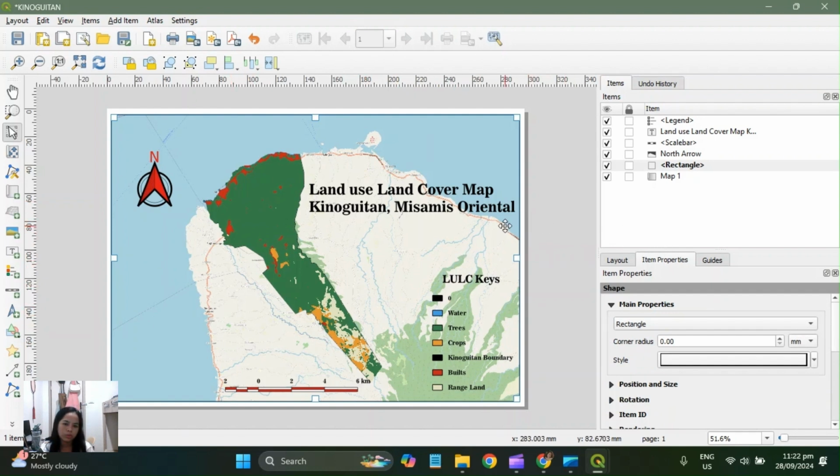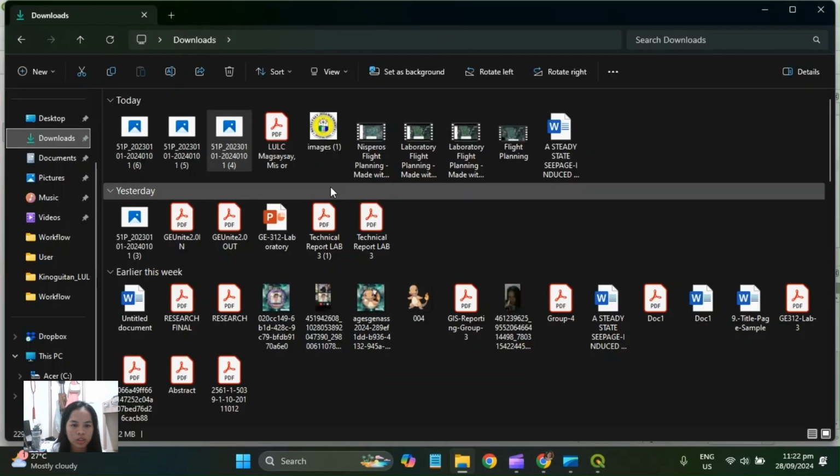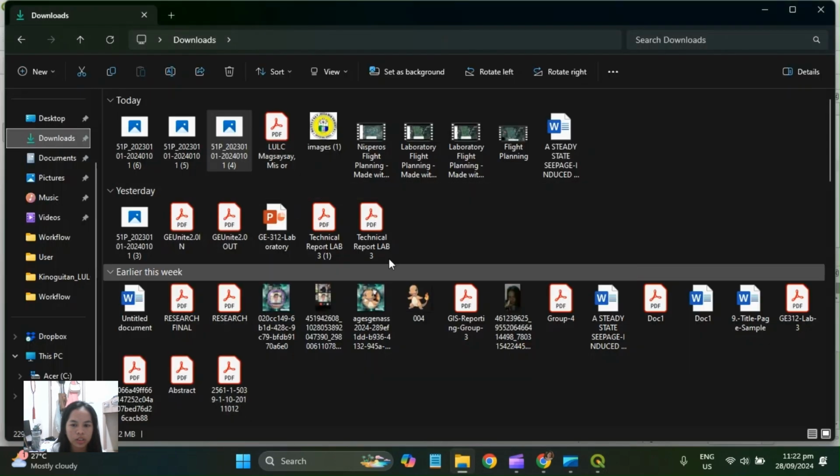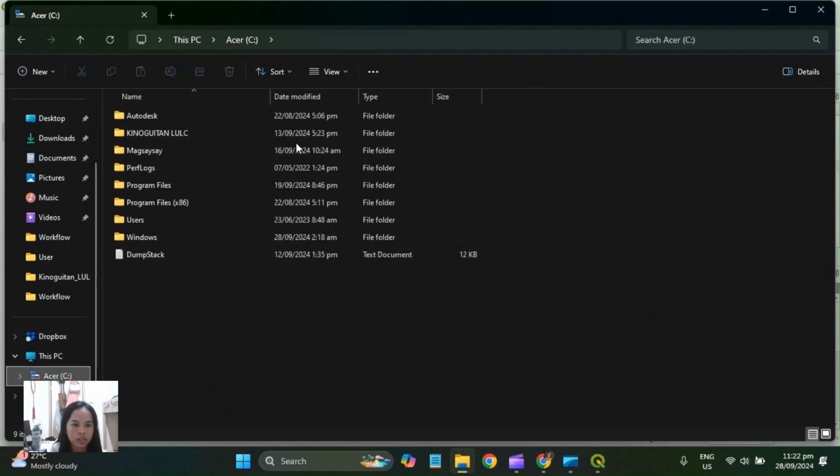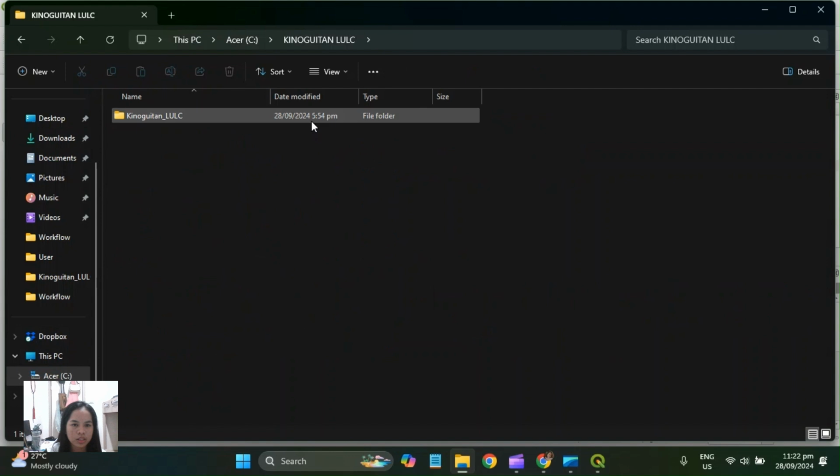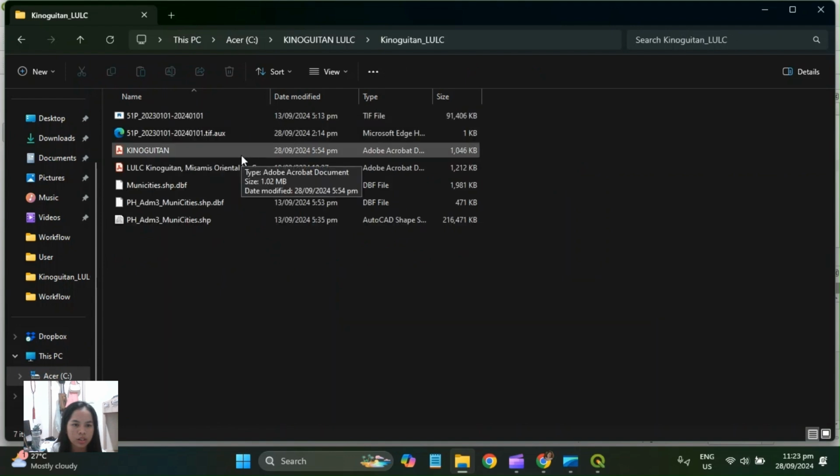And here we go. We are done with our template for the land use land cover map in Kinugitan, Misamis Oriental. This will be the final output for our video. If you would like to add some more designs, you can choose whatever you want. Here, in my case, I would like to show you what I have submitted for my class.